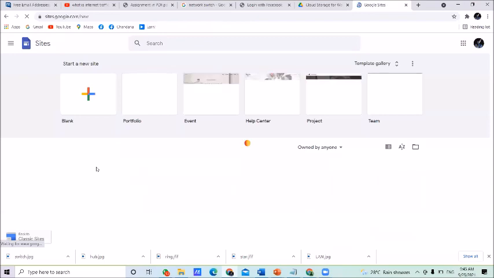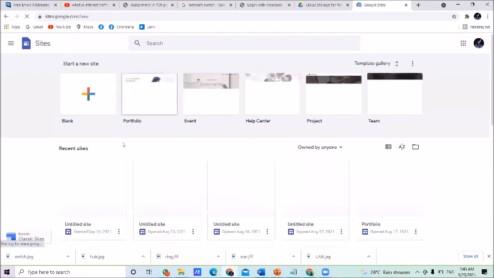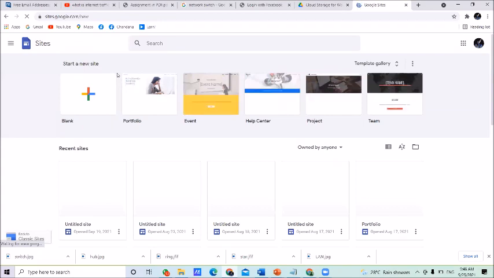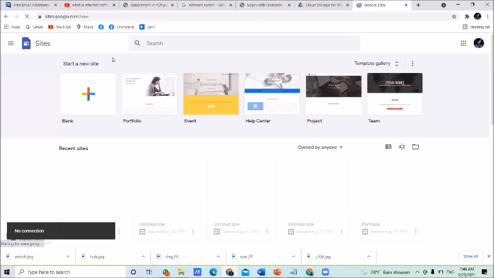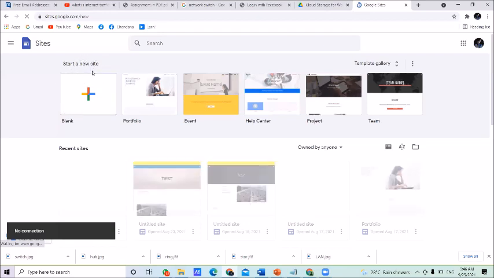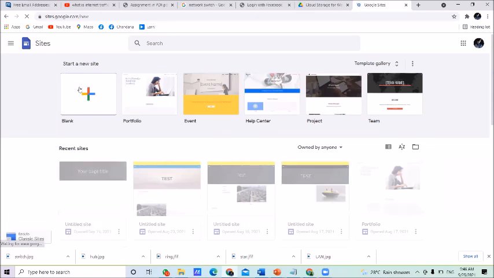Once you click that link, you will see the screen here. Once you get the screen, please click on start a new site. Here you have a plus mark, very similar to what I previously showed when creating Google Slides. A similar type of screen appears here. Click on start a new site under that plus mark.